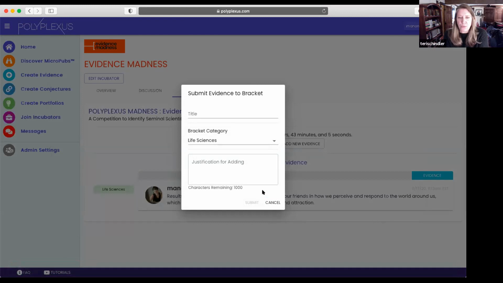So in the next 20 years, what is its impact, and a way for you to explain that. That's an important part of the submission, because that's how we will judge a lot of the entries. The title is simply for the brackets themselves, so that when the brackets appear, your title will appear in the actual bracket. So it's a shorthand for understanding what the piece of evidence is and the justification. When we get into the voting, people will be allowed to add comments as well, either supporting the justification or lobbying for one of their pieces of evidence in the bracket.